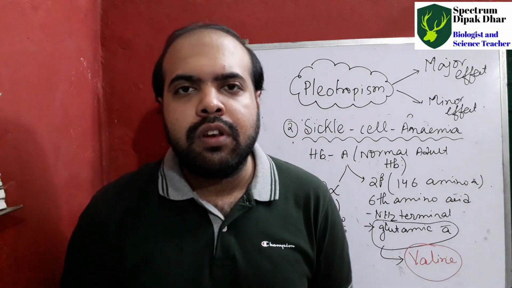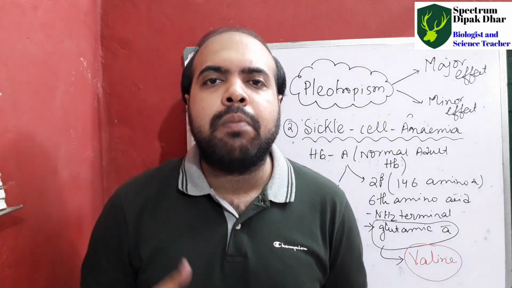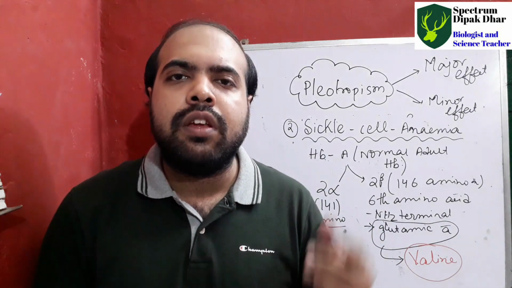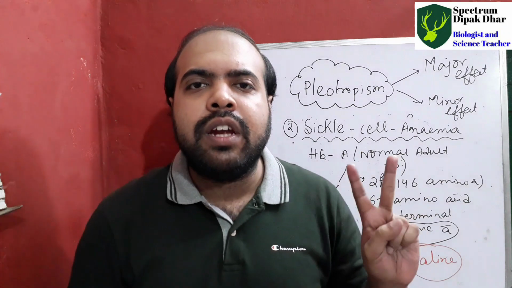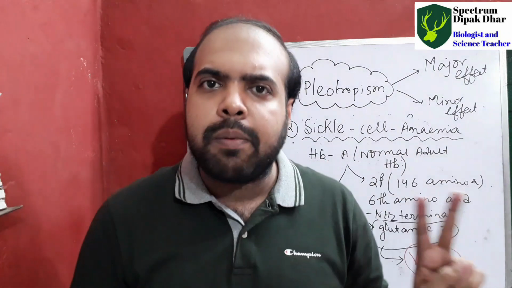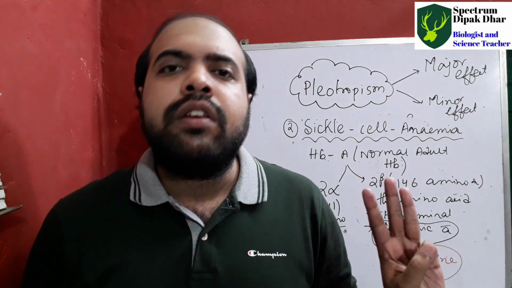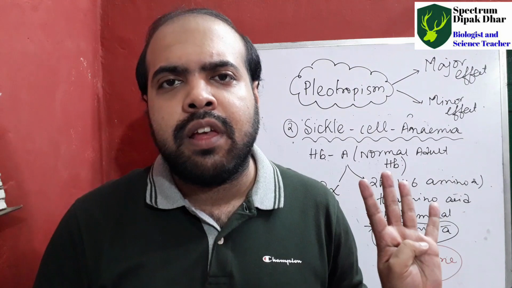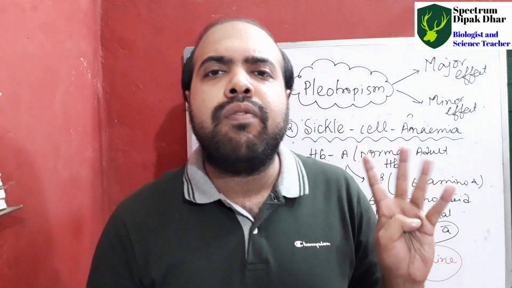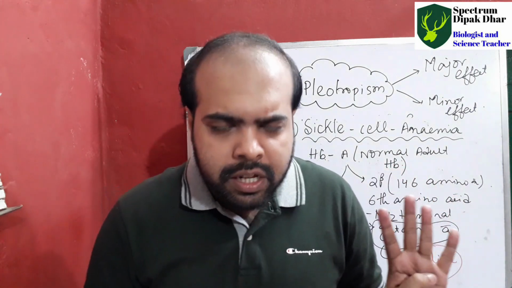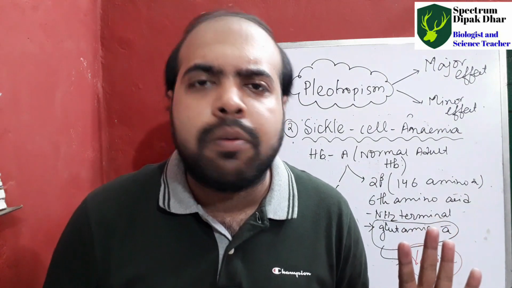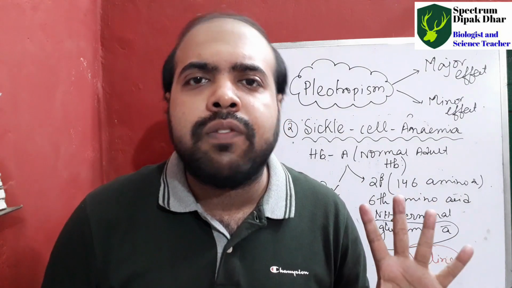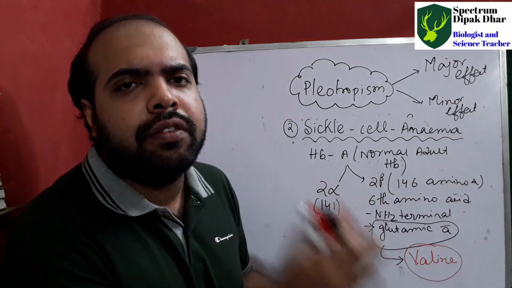A single mutation results in the expression of multiple symptoms. First one, stickiness of the RBC. Second one, a decrease in the gaseous exchange capacity. Third one, it cannot pass through the narrow blood vessels. And fourth one, it increases the blood viscosity. So these are the 4 basic symptoms that we can get in case of a sickle cell anemic patient. So a single mutation results in 4 or 5 different symptoms. So it is also an example of